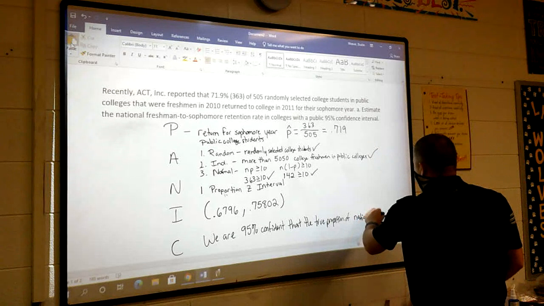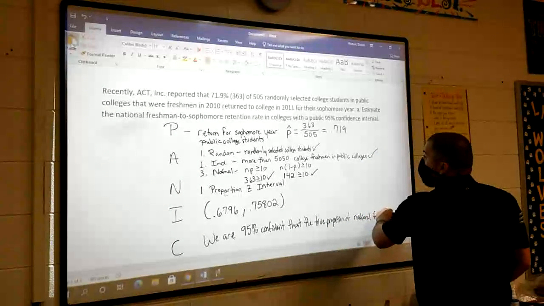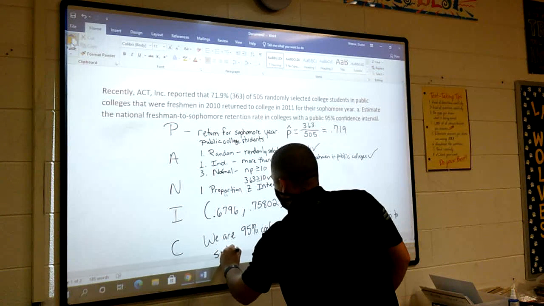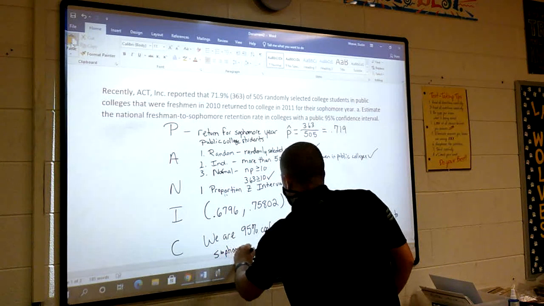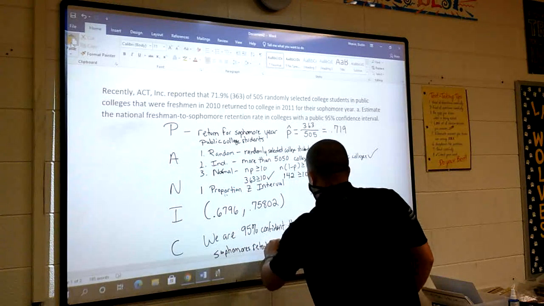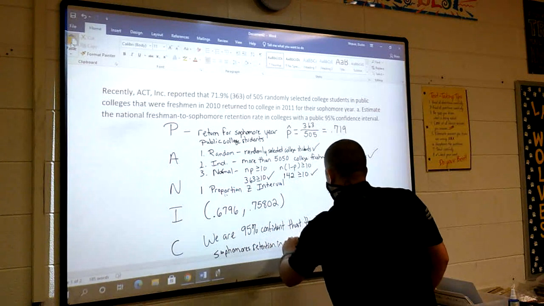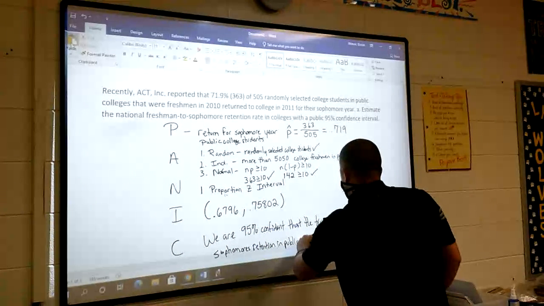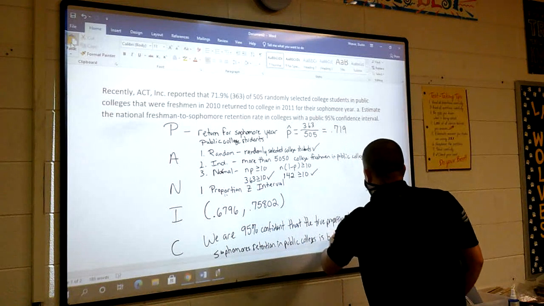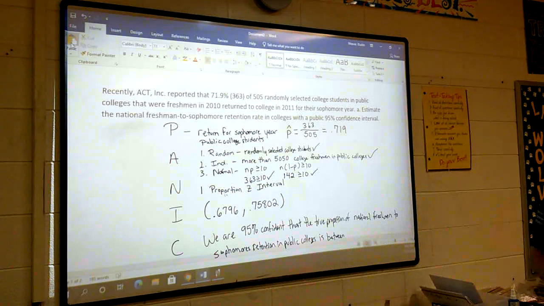National freshmen to sophomores retention in public colleges is between, or you could say is contained in the interval, either way,